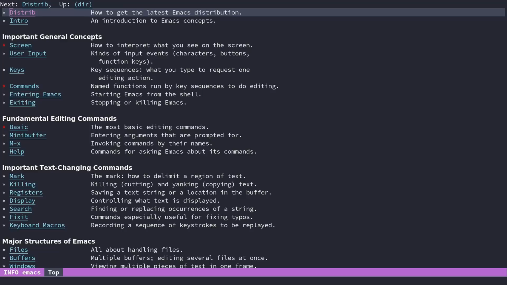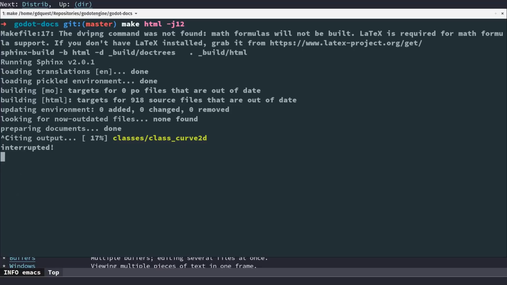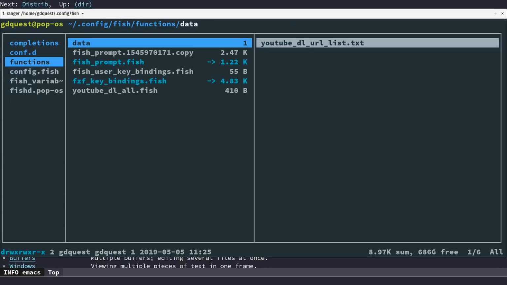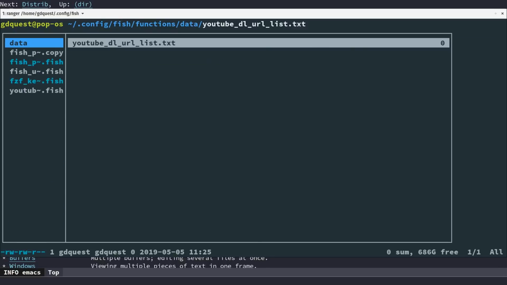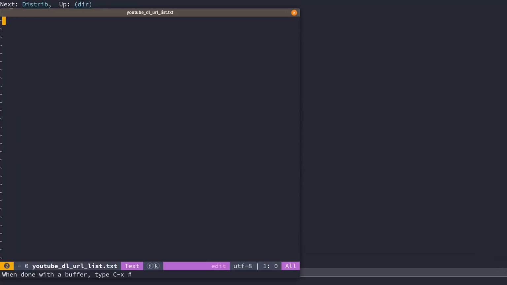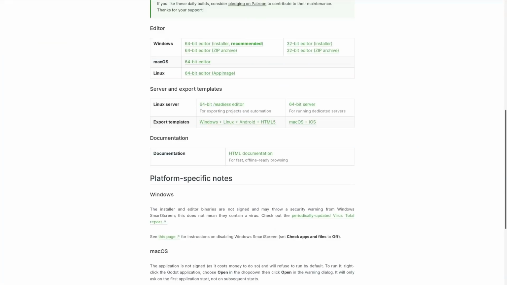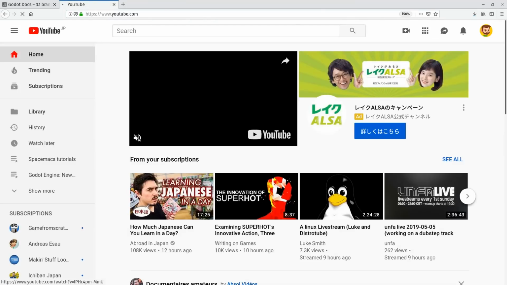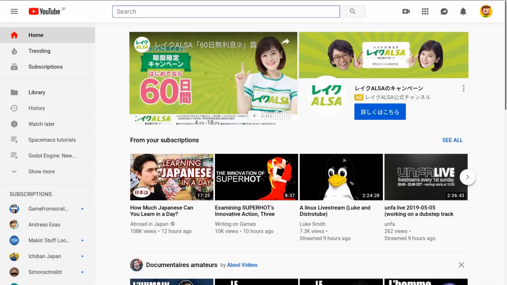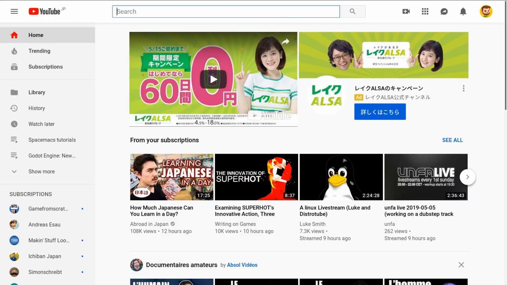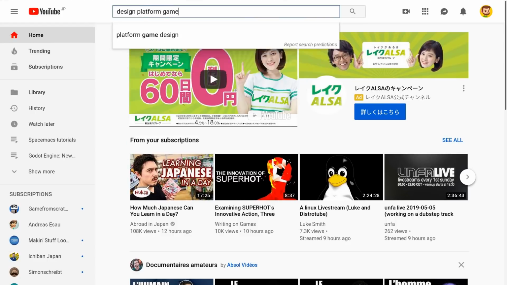Another thing that I do is use a command line program, I'm going to stop that process, called youtube-dl. This allows me to download YouTube videos. So one thing I'll do is I have a function that I created for my shell, which is going to take a list of URLs that I write in a document. So I'll go to youtube.com. I'll search for the information that I need. So it might be, let's say we want to have something about